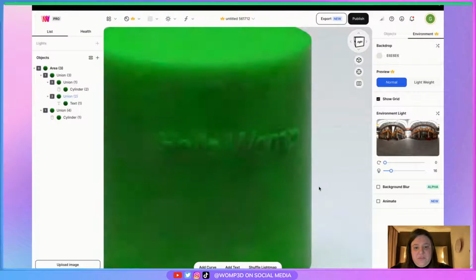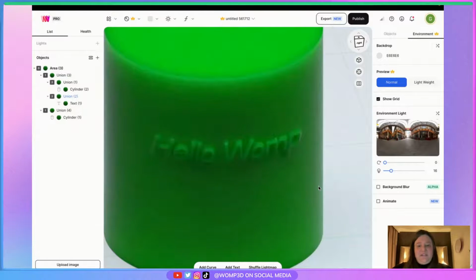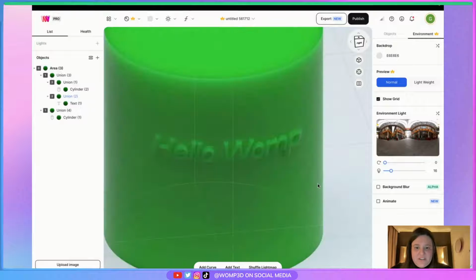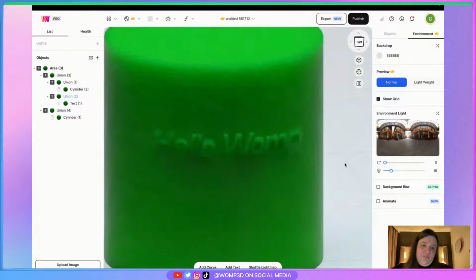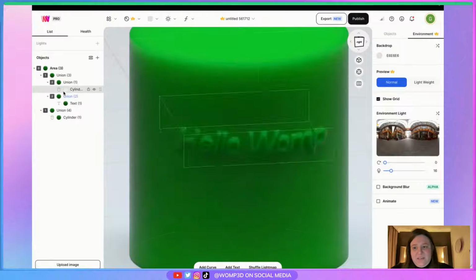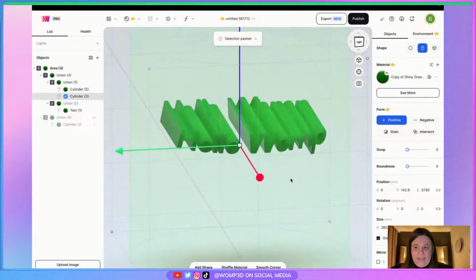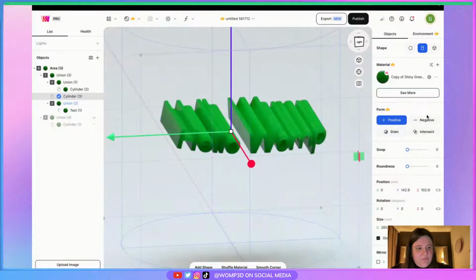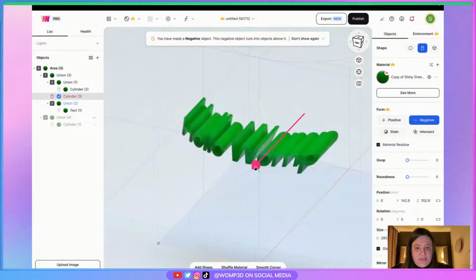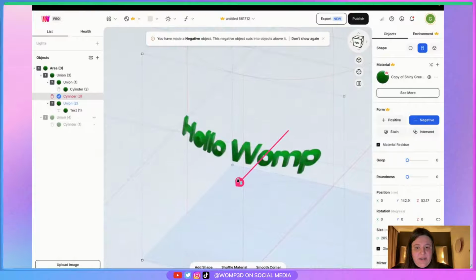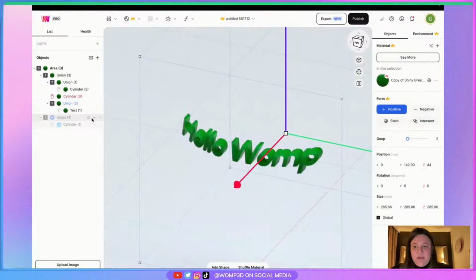Now, one thing too is this is a positive interaction that I'm making with the cylinder, which might seem a little bit simpler. But if we want to take it to the next level, I want to cut out the text from the cylinder in that rounded sort of way. I can cut the thickness of this text, make sure that it has the same thickness, and now I can emboss, or I can